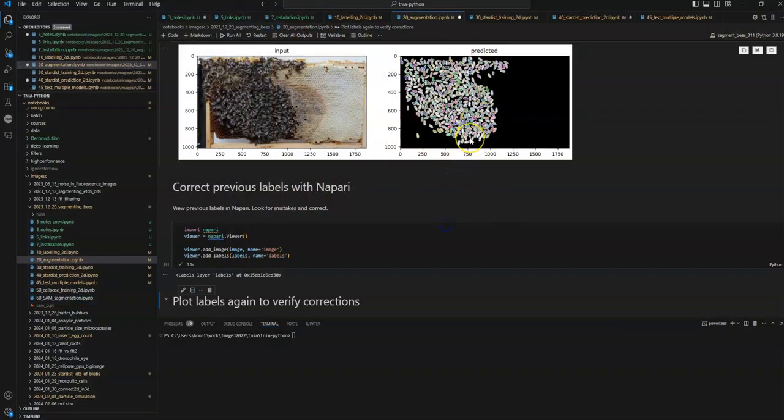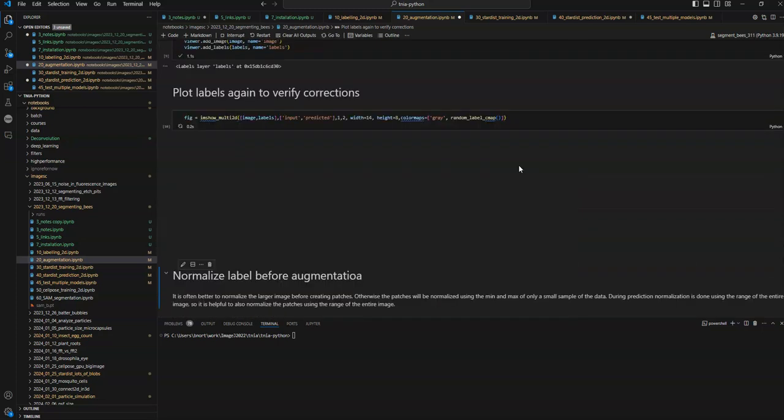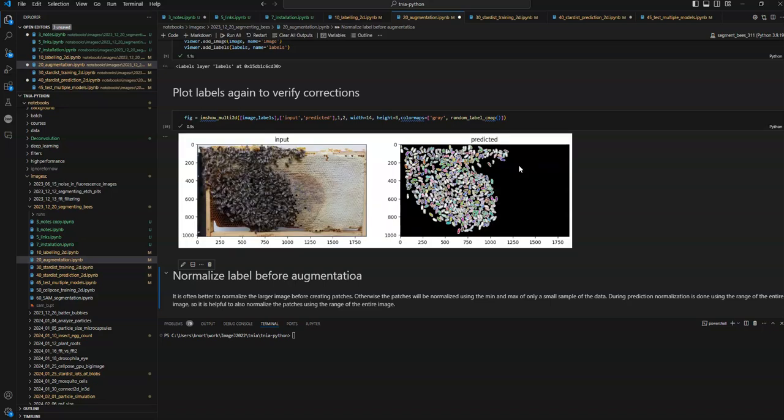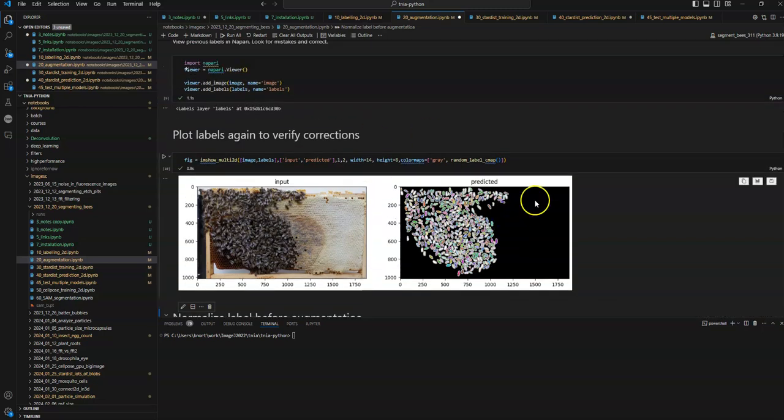That's great. I did this previously, so I won't go through the whole process, but you get the idea. If you're doing this for real, not just live in a video, you take care, you spend a few hours on it. You could even get a team of people to label bees all day and correct them. You get the idea. But yeah, so we go through this,